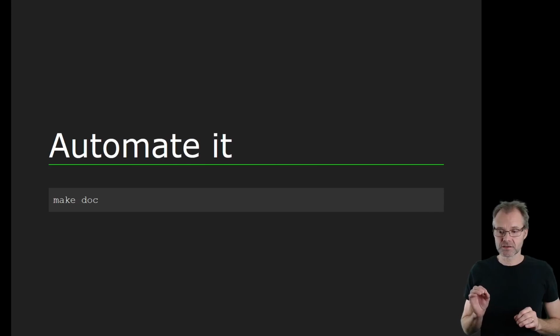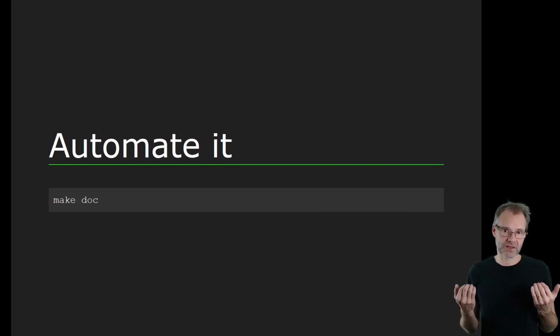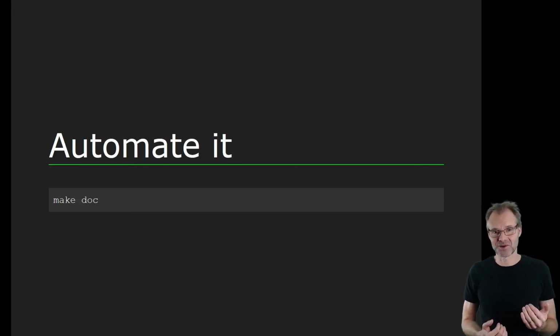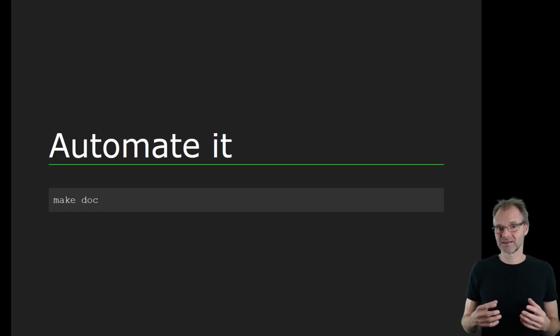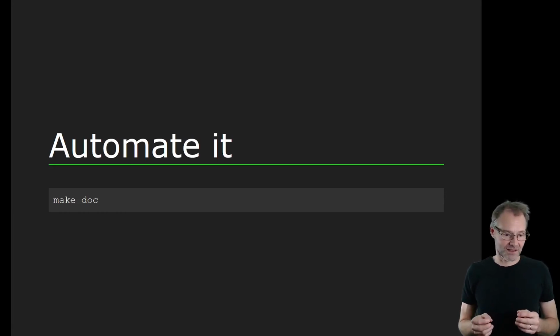If I should give you a hint on how you should proceed from here, it would be make doc. And make here, as in makefile, is a build tool to run a larger set of commands behind this. But when you can do make doc, you can generate your documentation and add a small tool behind this that generates your API documentation. Good start.